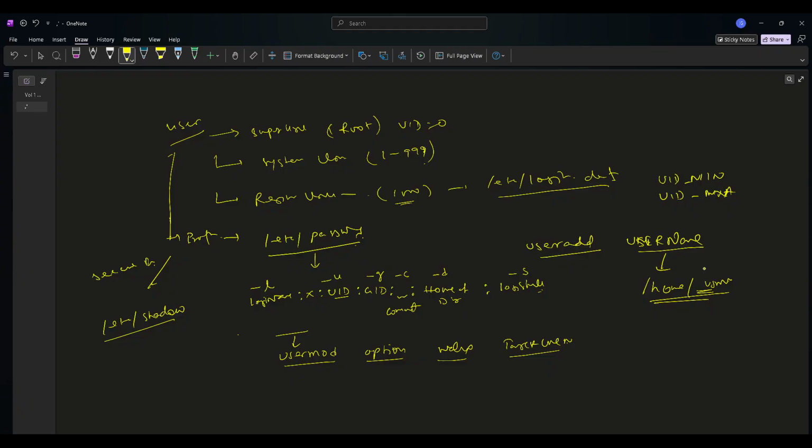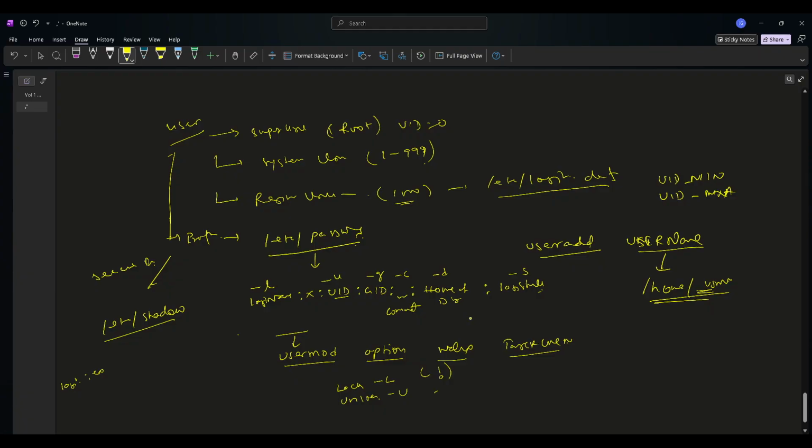And one more usermod option we have used. This is the lock. This is the unlock. For lock minus L, unlock minus U. For lock, what you will see is an exclamation symbol in the shadow value, and there will be no login. That's it so far, and within the /etc/shadow, what we have seen is the login name, then